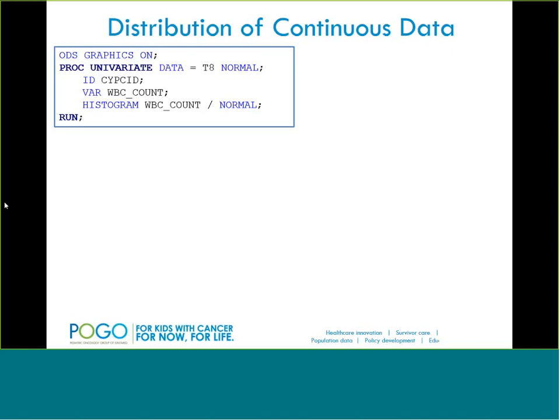I also add the ID statement in there, and I put cyp-c ID. And if we can recall from last lecture, that is an identifier command. It only works in this situation because there's one record per cyp-c ID. If there are any duplicates, SAS would give you an error and this wouldn't run. ID is very useful in the univariate output because it's used to identify any extreme